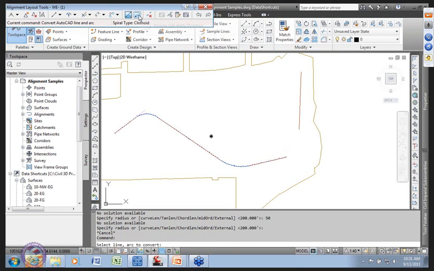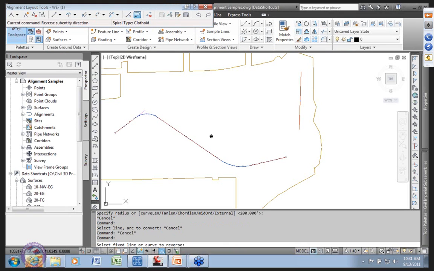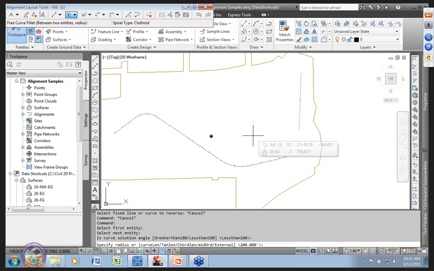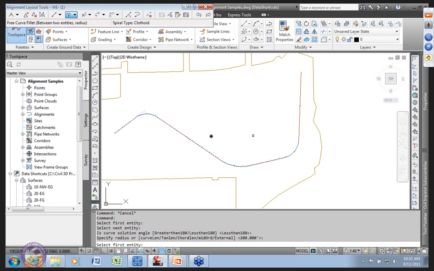Oh no, that's not the one I wanted. I want reverse a sub-entity's direction. We'll grab this one right here, right? And notice it flipped it. Okay, and now what were we doing? We're doing a free curve between two of the radius. Pick here and here, less than 180, and do my 200-foot curve, and voila, things are all linked